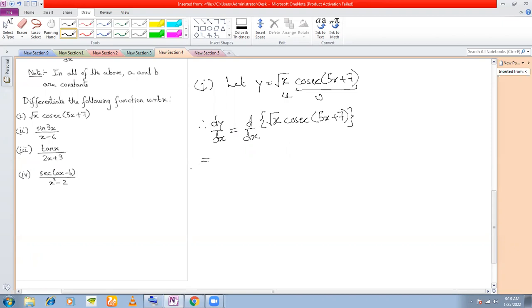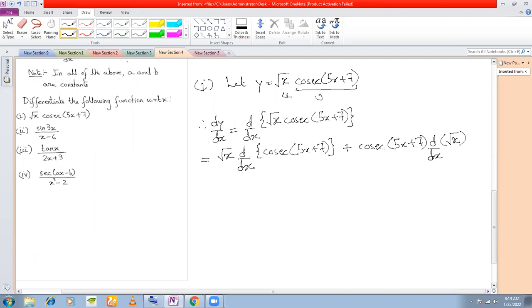Now we have chosen our u and we have chosen our v. Not that there's a hard and fast rule that this is the only one you have to choose u. You can take the second one as also u, as long as your order of differentiation is correct. Okay. So you have first function here u into d/dx of v, which is cosec 5x plus 7, and then plus cosec 5x plus 7 into d/dx of root x,